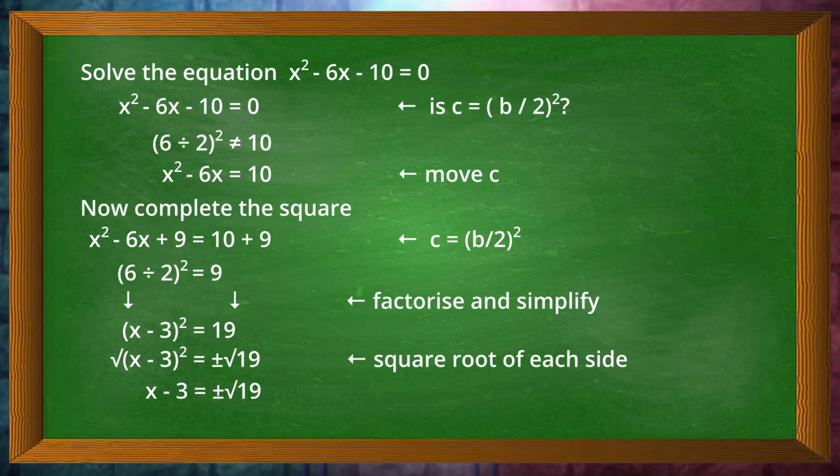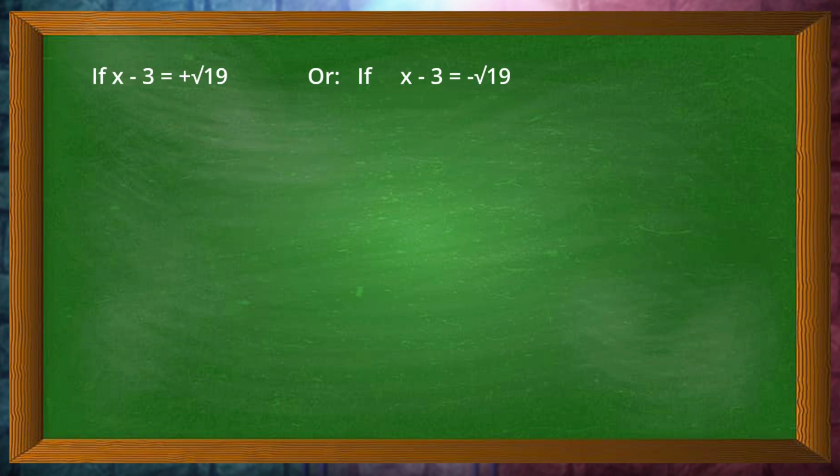Make two simple linear equations, one with a positive square root of 19 and the other with a negative square root of 19. And solve each of them for x. The square root of 19 is an irrational number. We will need to use a calculator to find it. The square root of 19 is